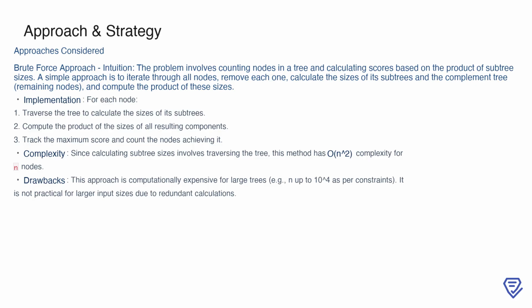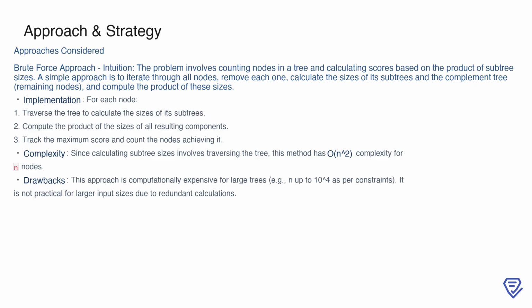Calculating the sizes of subtrees requires a full traversal of the tree, and doing this for every node results in an overall time complexity of n squared. This quadratic complexity makes the brute force approach impractical for larger trees, especially given the problem constraints that allow up to 10,000 nodes. The repeated and redundant calculations lead to excessive overhead, making it clear that we need a more